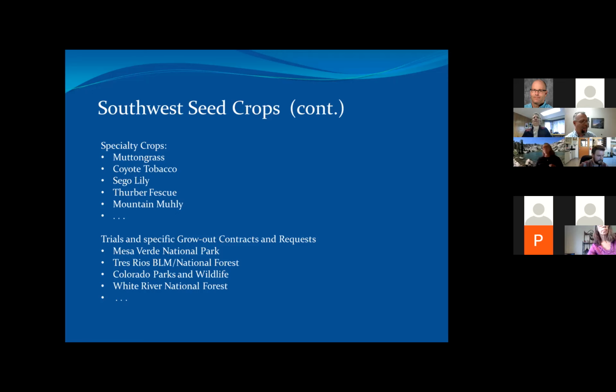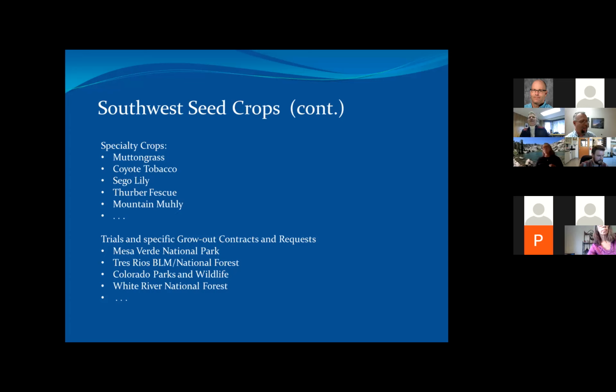We did a lot of work with our local Tres Rios BLM National Forest Service combined office. They were doing some work trying to come up with species for road closures. And one of the things that they really want to do is disguise old roads as quickly as possible so that they're not a temptation for people to continue using.